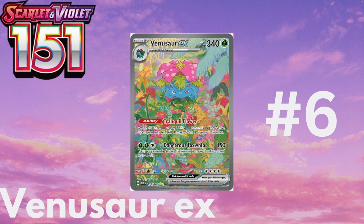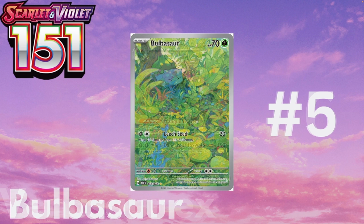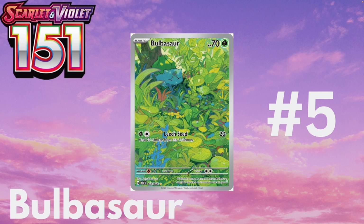I think it's overhyped, I guess I should say. At number 5, we do, however, have Bulbasaur. So this is coming dead in the middle. I think this is by far the best starter